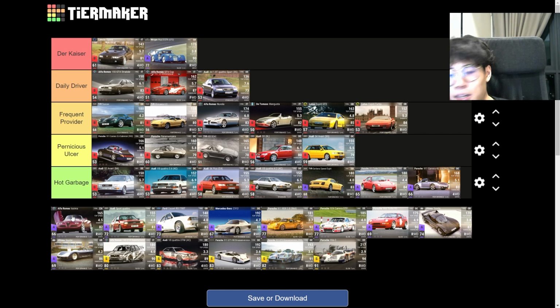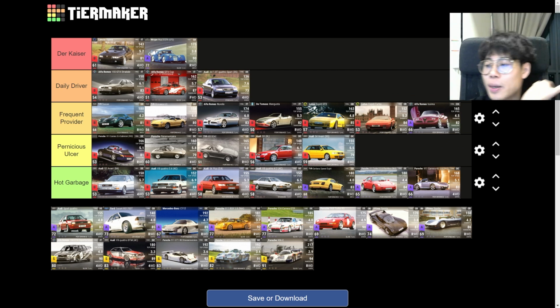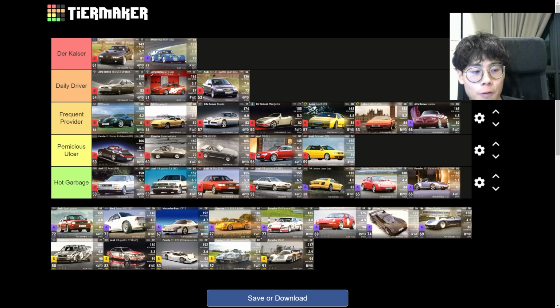Next up is the Isima. Now the Isima, I'm gonna put it in freaking provider. The main thing about the Isima is that it's got 112 MRA and it's really, really good, but it's one of those cars where it's really good for the half mile, but if it was with another Epic